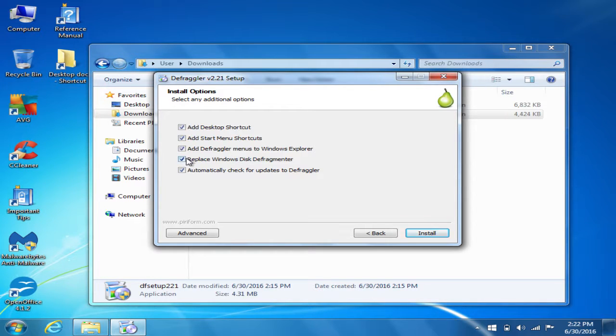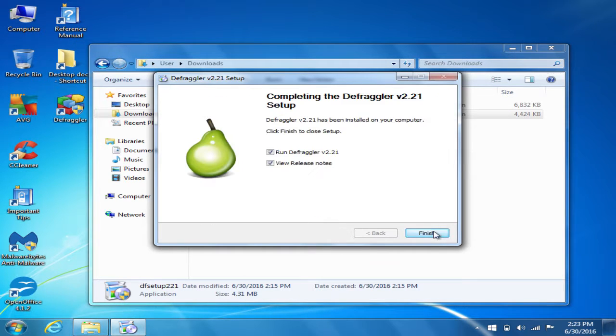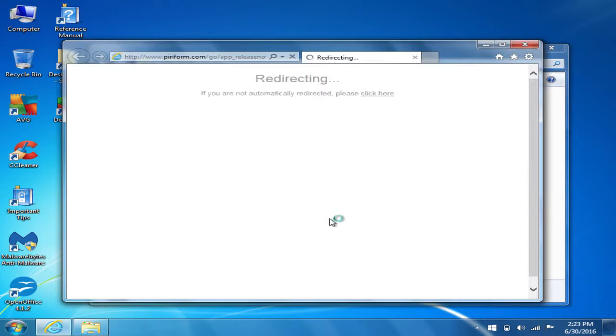I always uncheck that and leave the disk defragger in case, for whatever reason, you have to uninstall the Defraggler because it didn't work or whatever, and you want to go back to using the old Windows disk defragmenting program, you can still do that. So I always uncheck that and leave everything else checked and click Install. It installs fairly quickly.